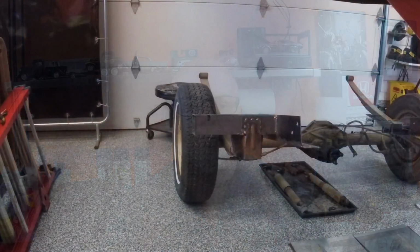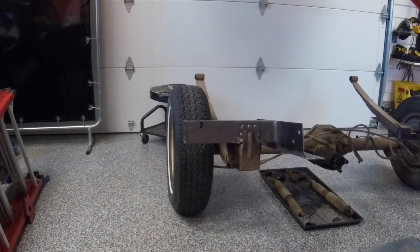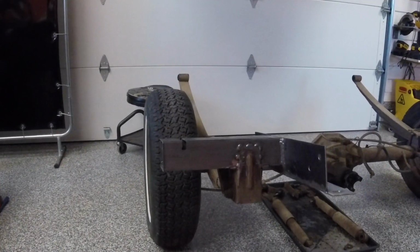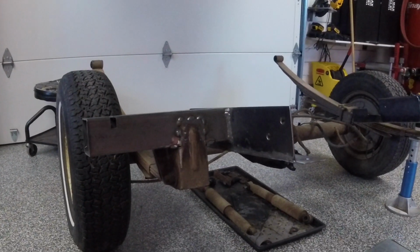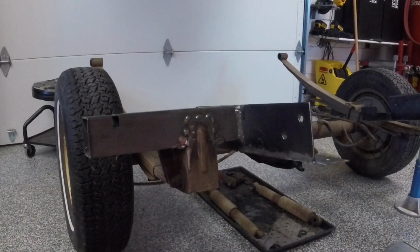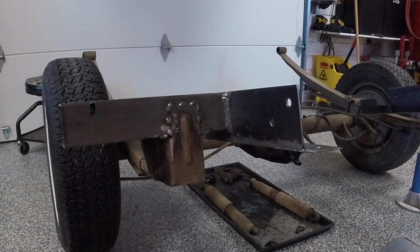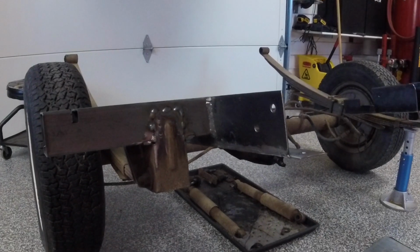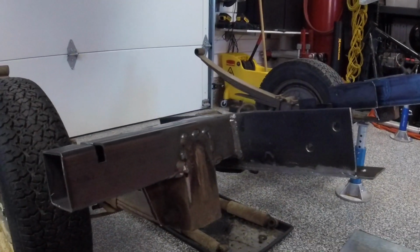I finished up the welding on these new spring mounts, and I'm pretty happy with the way the whole thing went together. So looking at the passenger side, I'm just going to do some painting and undercoating here and get this ready to go in. But looking at the passenger side, that's front on what it looks like. And then if we move around here,